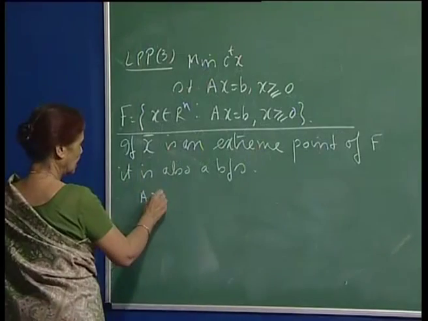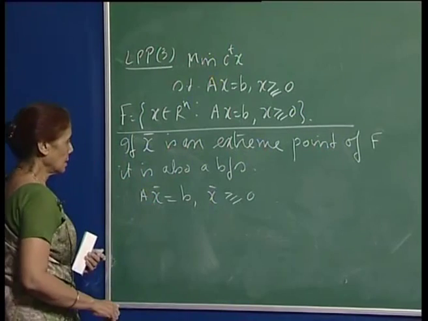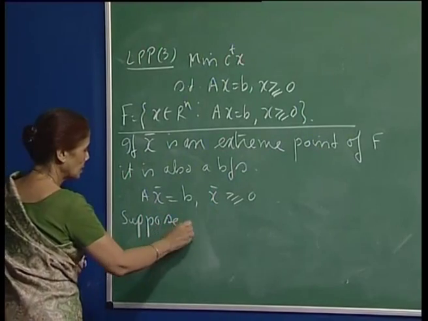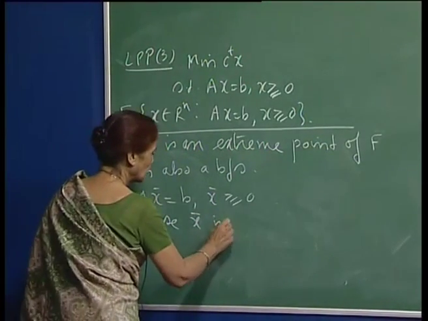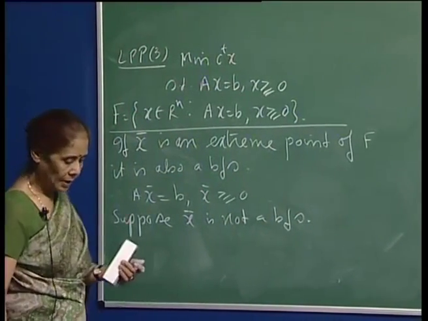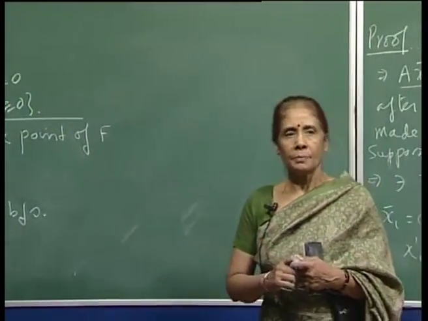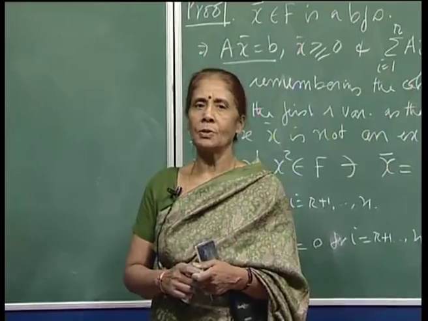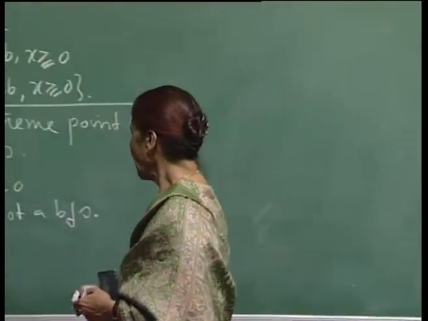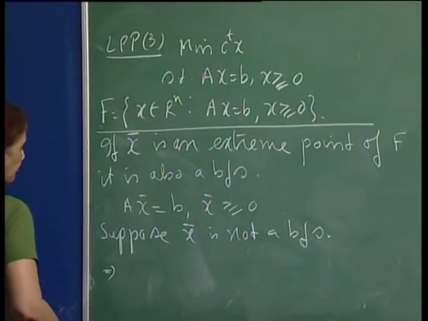So, therefore, A x bar is b, x bar is greater than or equal to 0, and suppose x bar is not a basic feasible solution. And remember, our definition of a basic feasible solution is that the columns corresponding to the positive variables in a feasible solution, if they are linearly independent, then I can always call it a basic feasible solution. So, suppose x bar is not a basic feasible solution, this implies that